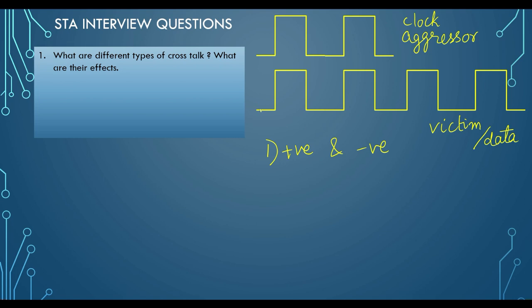So if the crosstalk is positive, that means that when it is switching, so let's say this clock is switching, at that time your data is also switching. So when that happens, at that time the transition of your data path improves, and it looks like that it would be good for you, but it does not sometimes. Why? Because your waveform will actually be like this, and if there is some transition that you are expecting in the data and the crosstalk is occurring, then that transition improves and the data path will be now like this.